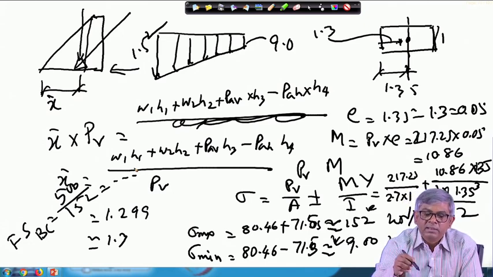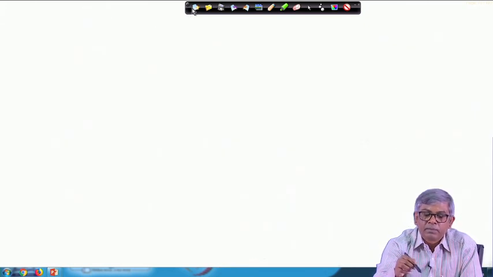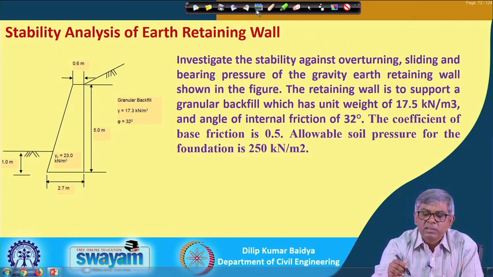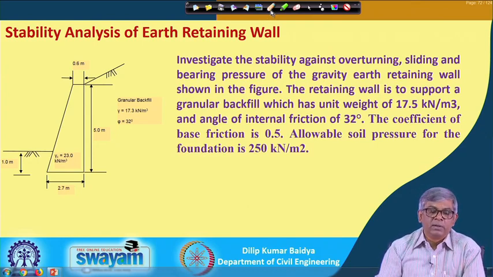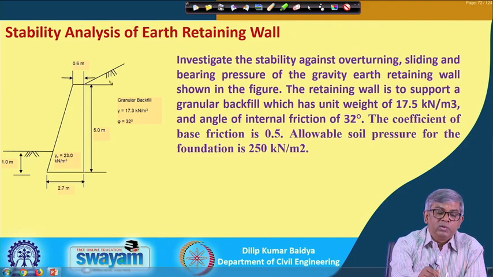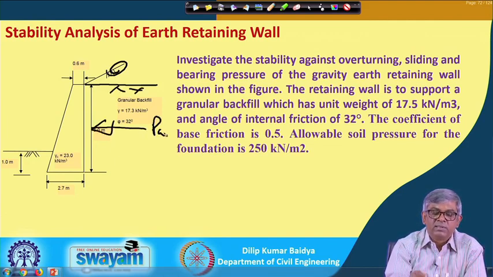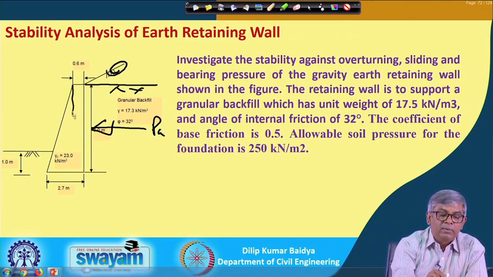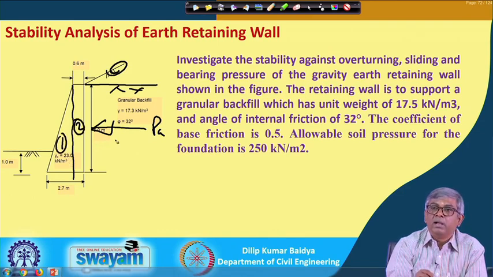Like this we can solve the problem. This is one type of problem I have taken, with a sloped backfill. Instead of a slope, it can be only horizontal. If it is horizontal here, then P active is directly there, and there is no need of making components, and in that case we will have only forces 1, 2, 3.